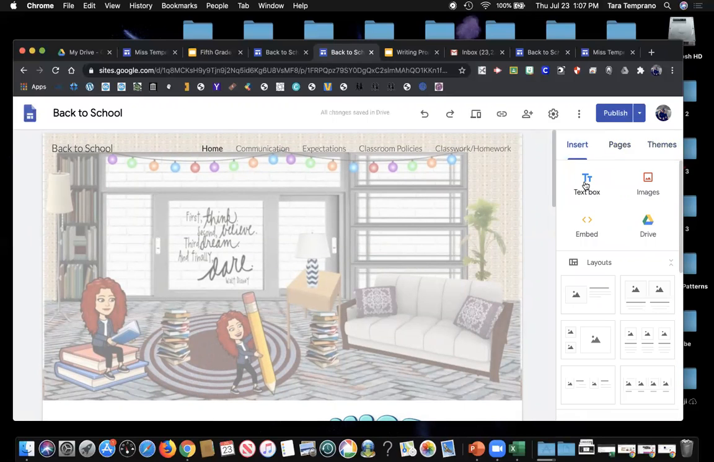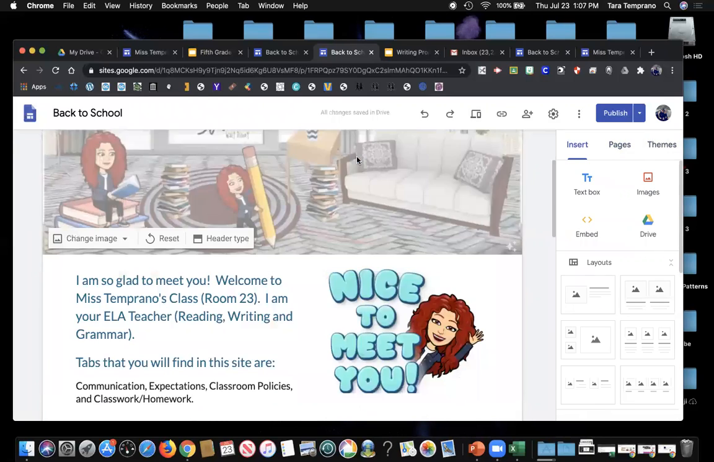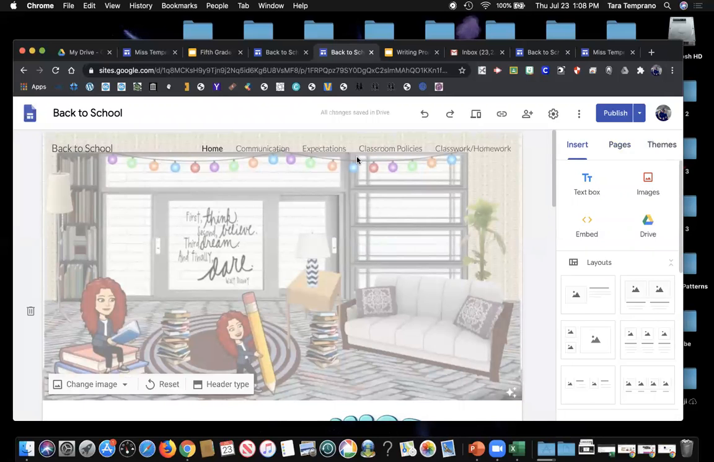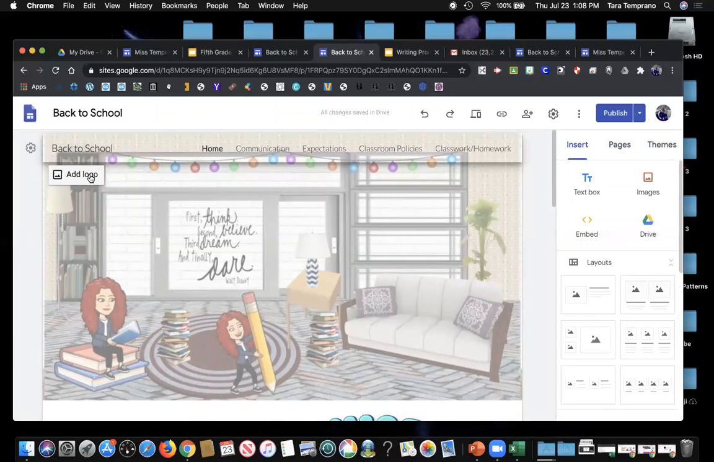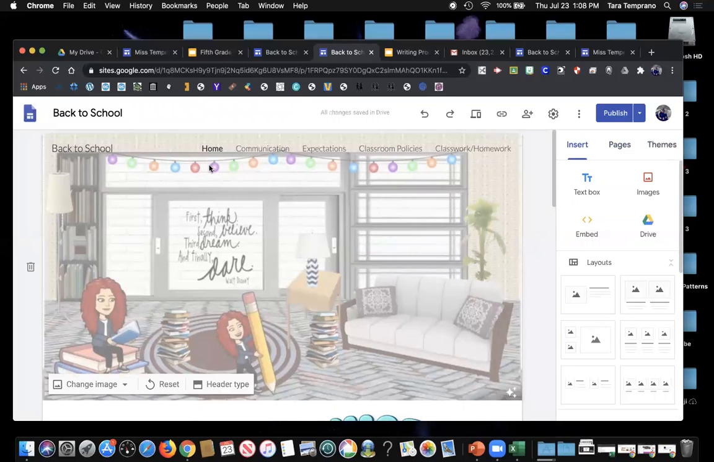Okay, now in the insert, if you don't want to choose a layout, you can also just choose a text box, an image, import from your drive, or embed a particular link. All right. Now, if you had a business, you could also add your logo, or if you were doing a school sponsored Google site, like let's say you did it as a team or the whole school and you were responsible for that,